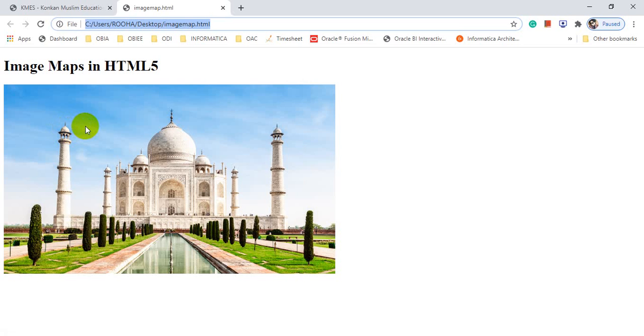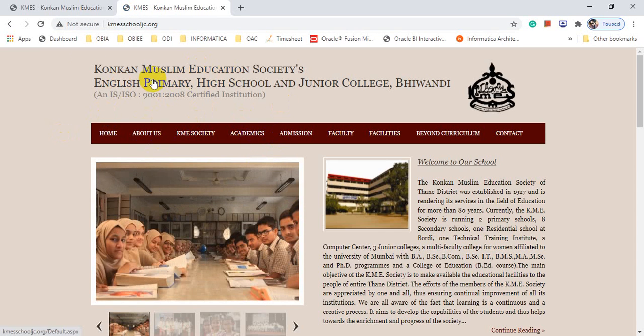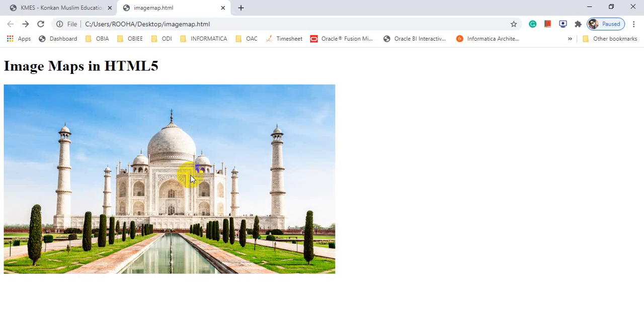When I move from there, you will see the change in the cursor. But when I come to the link side, there is a hotspot. This area is called a hotspot. When I click on that, it will open your KMS website. Okay, so I have clicked. Now your KMS website is opening. Now when you click any place of the image, it will not open because your image is not fully hyperlinked. You have created hotspots on different positions. Okay, your image is not a link, but on that particular image you are going to create different links.